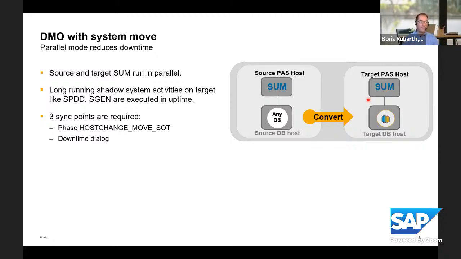And then there is the second dialog in the source where the tool offers to enter the downtime. That's the second point where you do the data transfer. There's a specific subdirectory, the ABAP load directory, where those exports from the source database have been put into. You copy this to the target environment, and then you can continue in the target with the software update manager